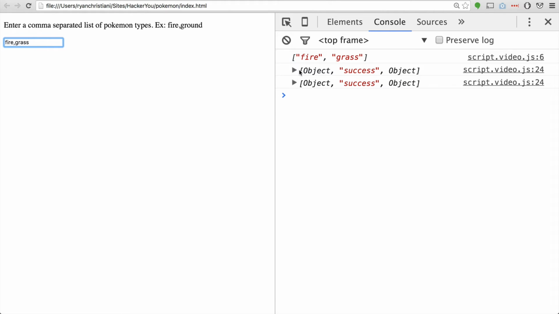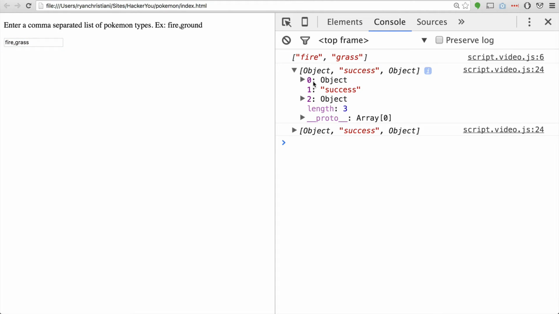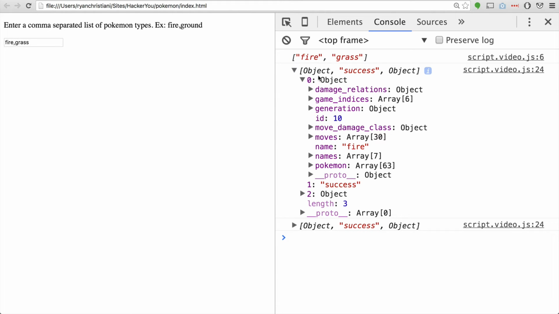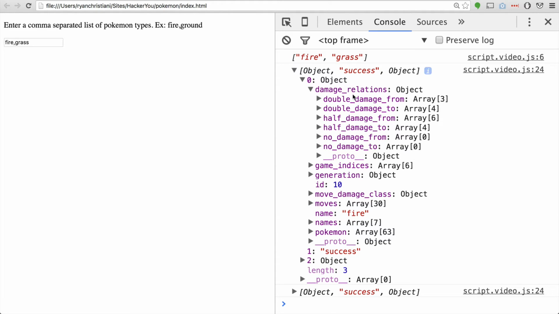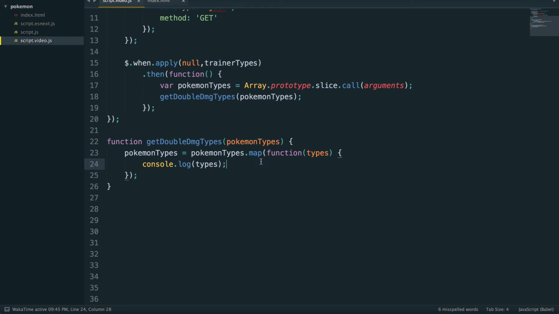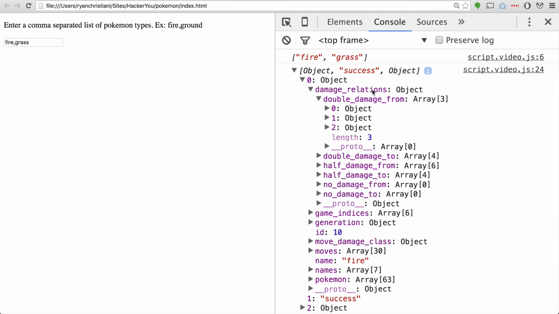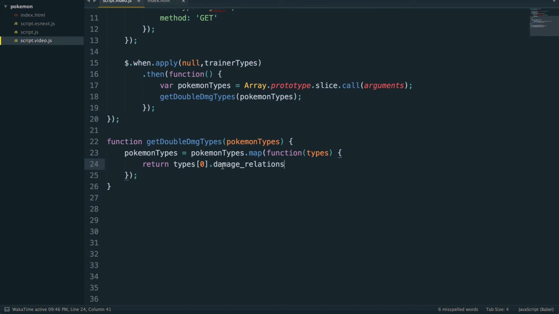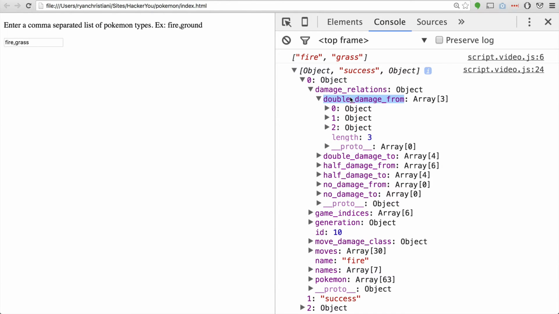Come on, there we go. So it's just each individual object. And what we need to do is we need to get into the first, or sorry, each individual array. We need to get into the first object. We need to get to the damage relations, and we need to just return this array of damages. So we're going to do return type 0, the first element in the array, dot, what is it, damage relations. I'm just going to copy that. Dot double damage from,